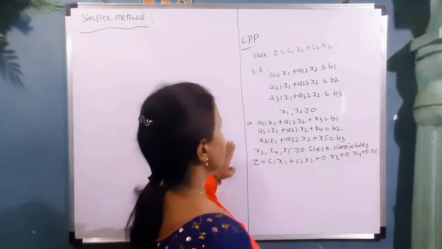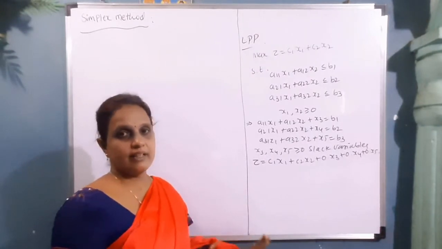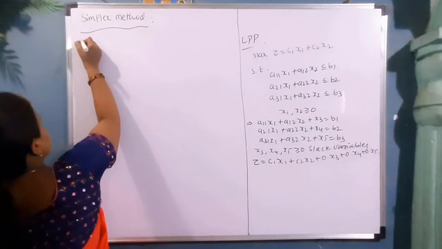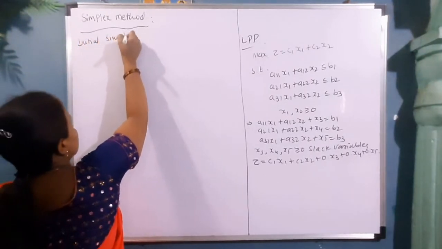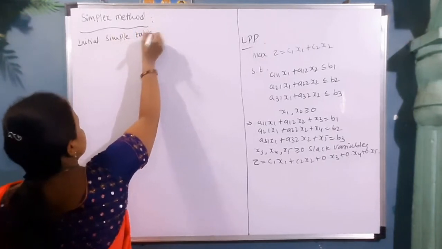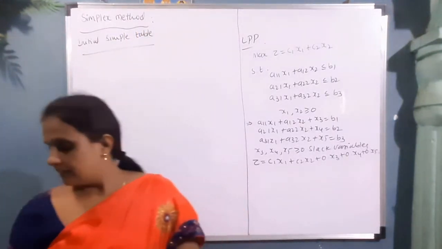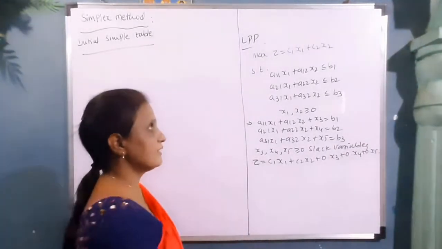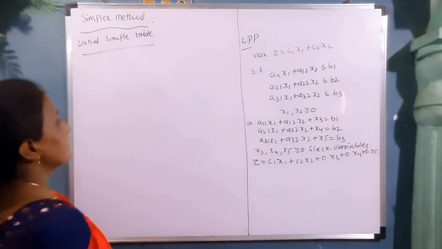Now to solve this using the simplex method, the first thing is to write the initial table. So we will write the initial simplex table. Now simply see this one, afterwards we will write the method. The method will be generalized, that's why here I am explaining it using two variables. So how to write the table?